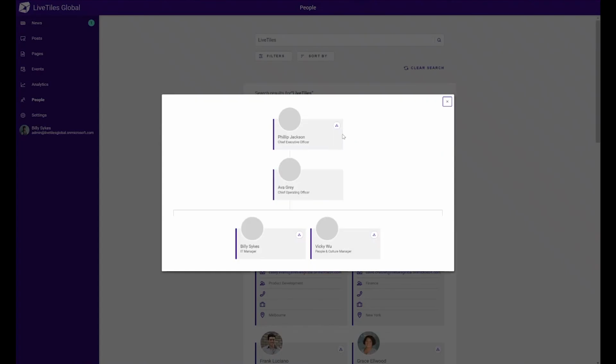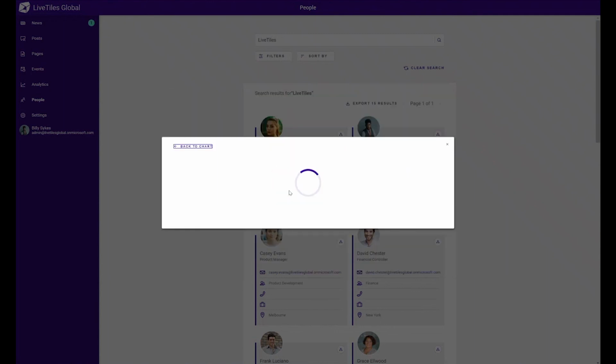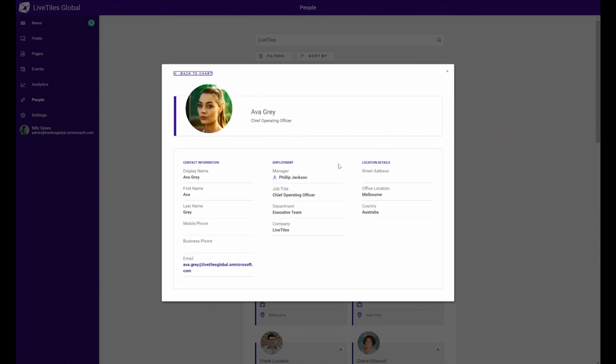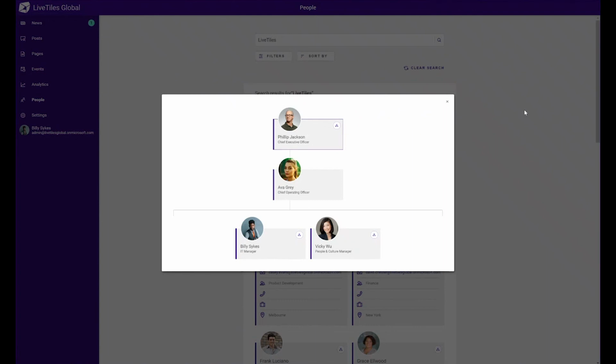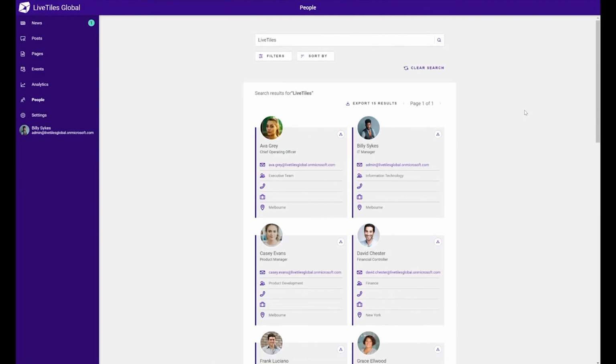I also have the org chart. So I can actually view the org chart now, which is structured based on the Directory technology on who your manager is. So click on Ava Gray. She reports to Phil because Phil Jackson is the manager, and that dynamically built org chart is now available through LiveTiles Reach. There are definitely other avenues of integration as well